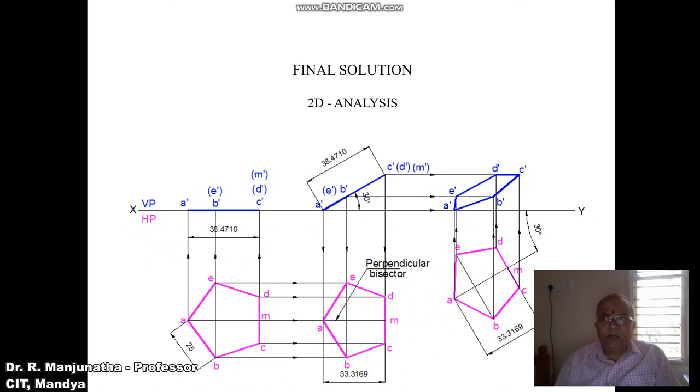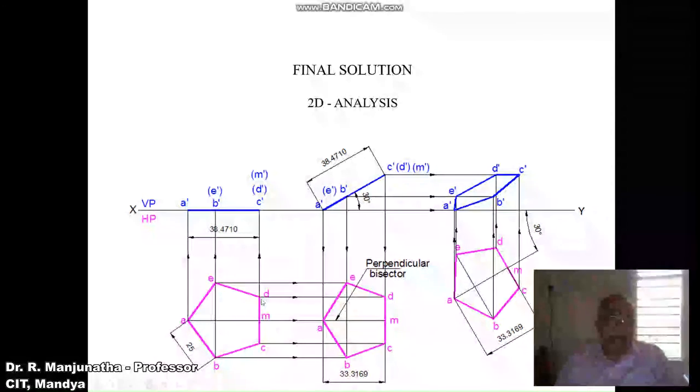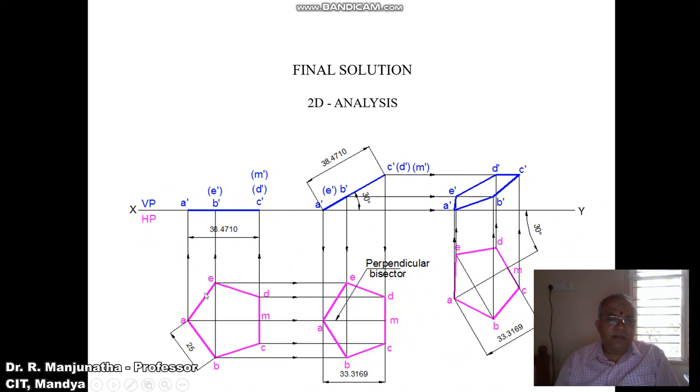Then using the compass with C as center, take the radius of 25 and cut an arc on this 108 degree line, and you mark this point as B. Similarly, with D as center, take a radius of 25 and cut an arc on the 108 degree line, and you mark that point as E. Then with B as center, take the radius of 25 and draw an arc. With E as center, cut an arc on the previously drawn arc by taking the radius of 25, and you mark this point as A.